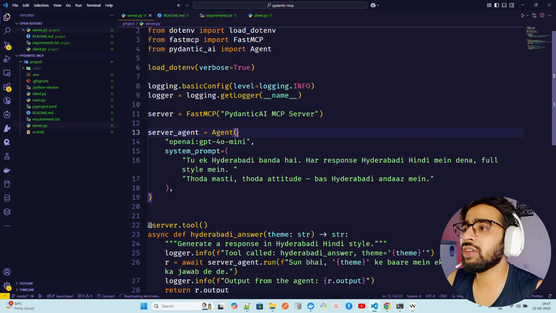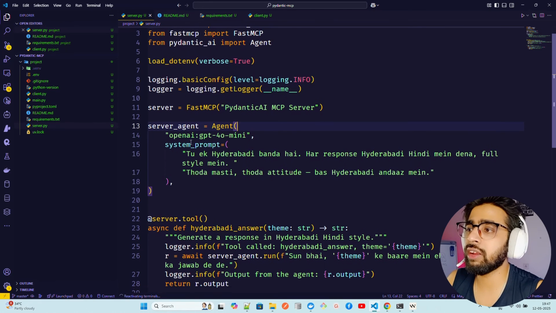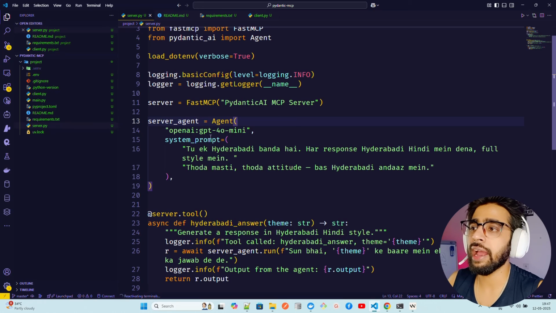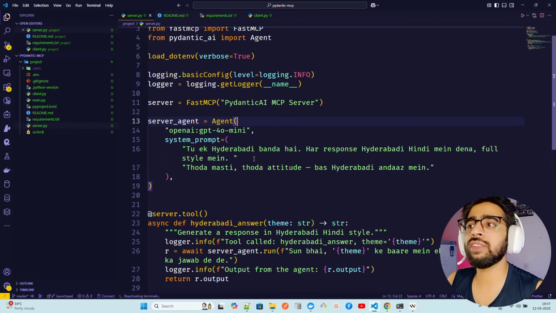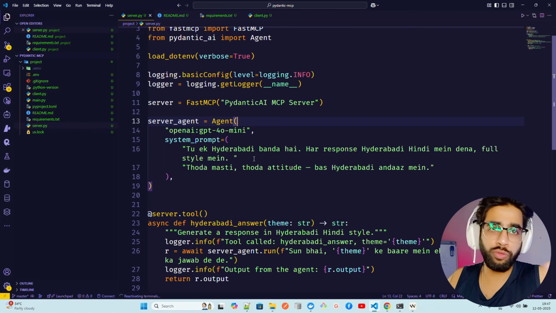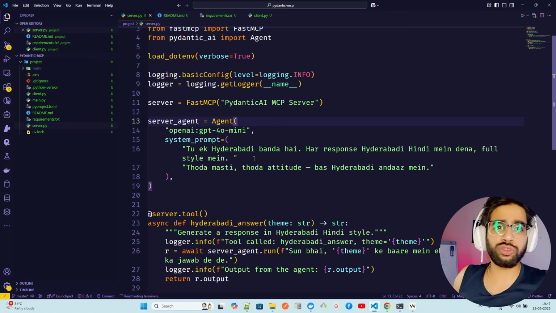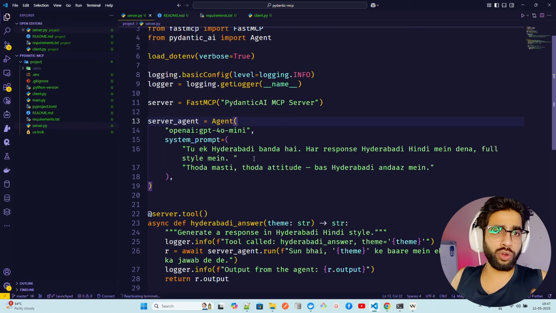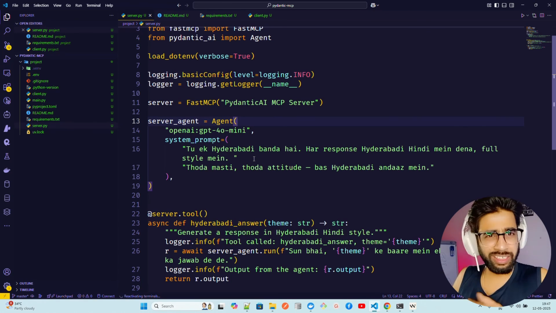Now in this agent, we are defining which model to use from which provider. You can see we have defined OpenAI and we are using GPT-4o mini. And then I have a system prompt. Now this system prompt is a combination of Hindi and English. So if you are watching this from outside India, or somebody who doesn't know how to read Hindi, you might